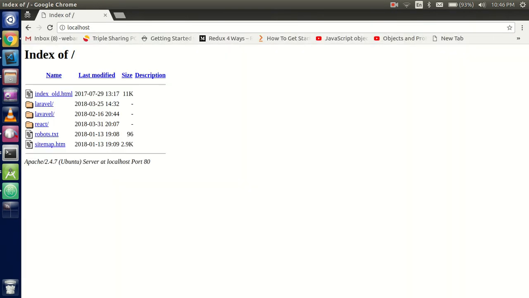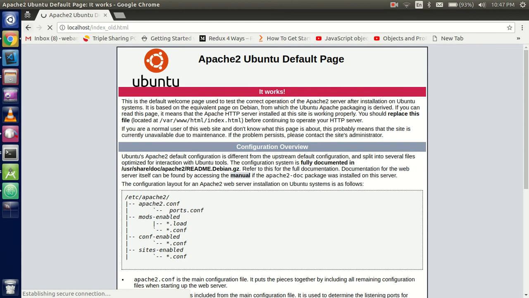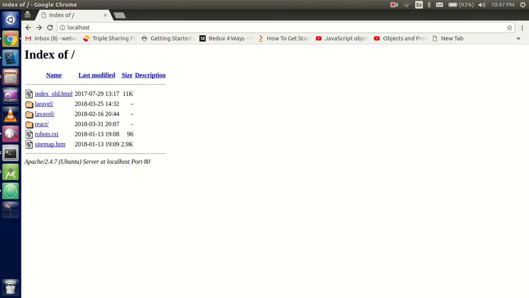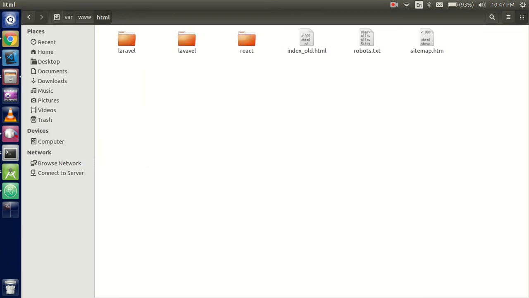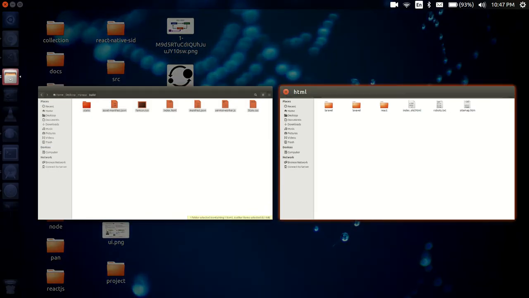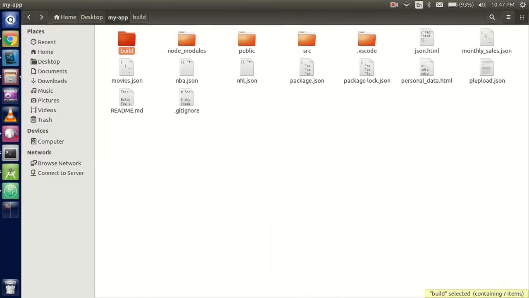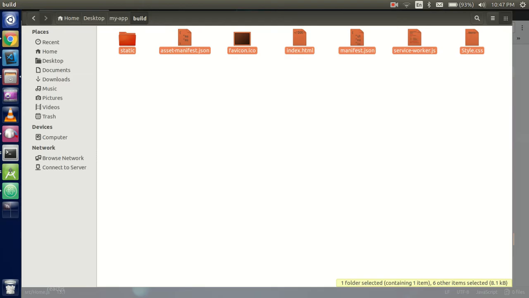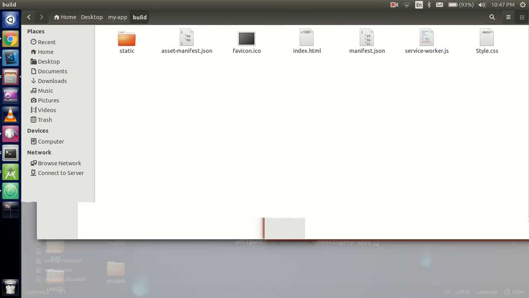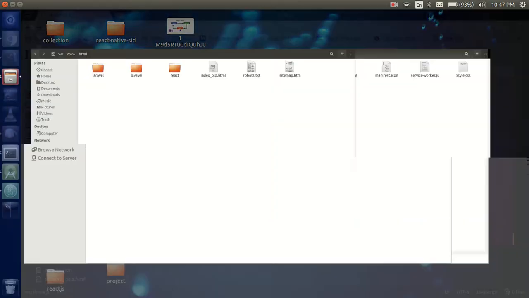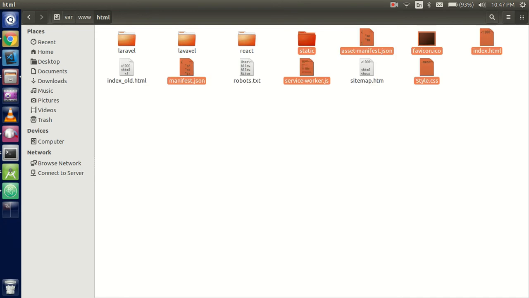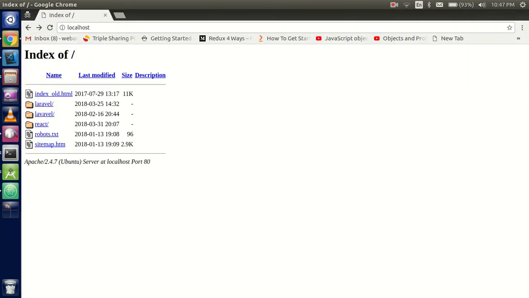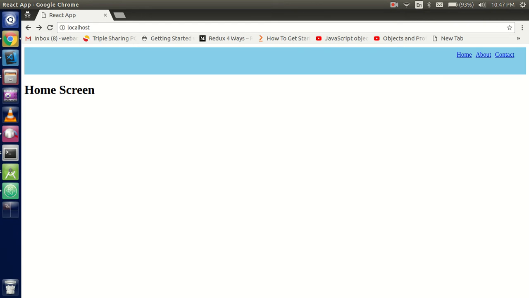Here you can see that this is an old file which shows the Apache default page, and now there is no index file. So just copy the stuff which you copied from the build folder, come here, and just paste it here. And now just try to run this. So now you can see that we have a home page, the same as we saw on the 3000